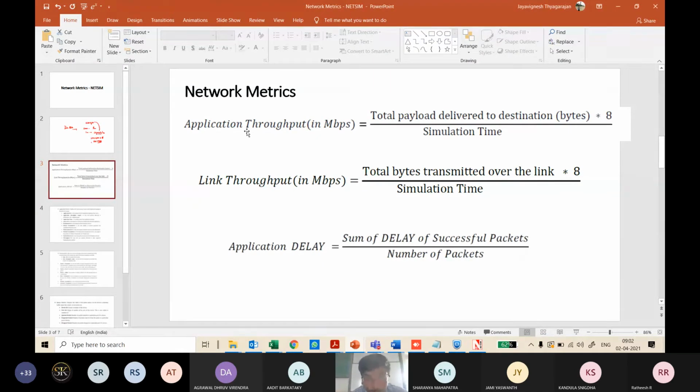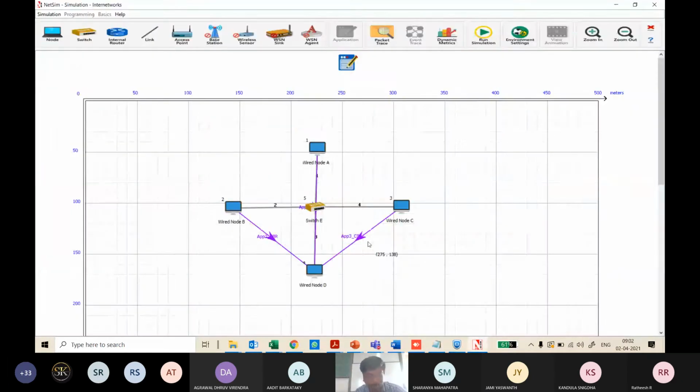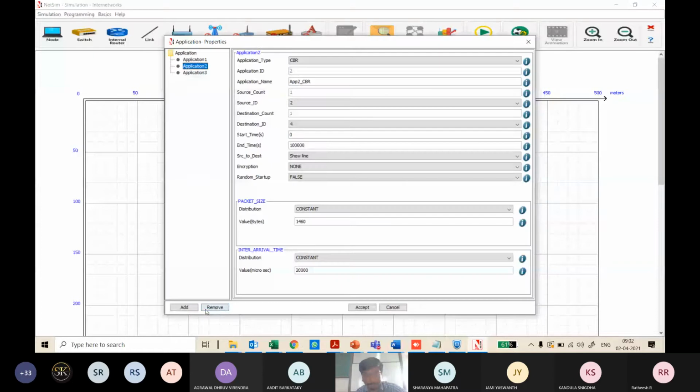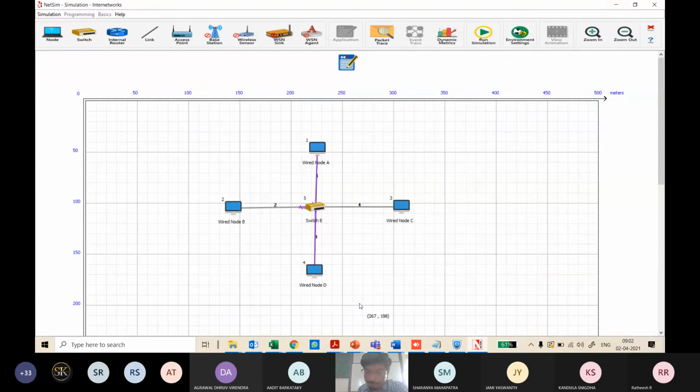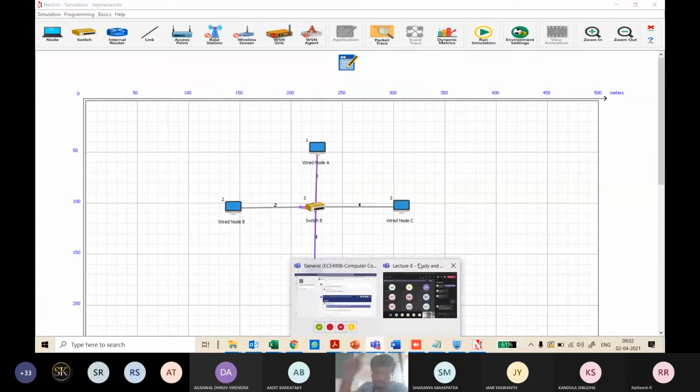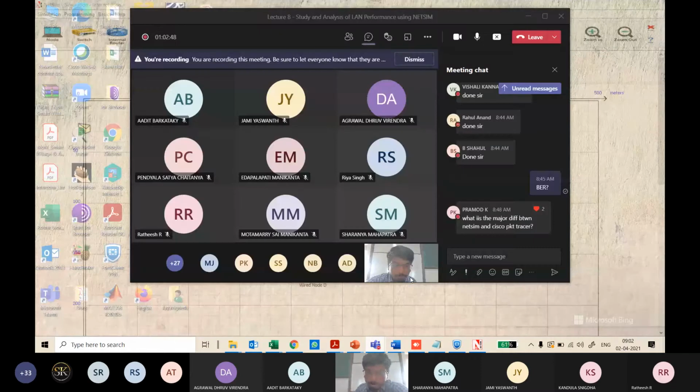I'm not going to run with 3 applications. You can run with 3 applications for 6 nodes; I will just run with 1 application and show you. Click on accept. All of you have done it for your case, with 3 applications and 6 nodes, and you can post it in the chat box.